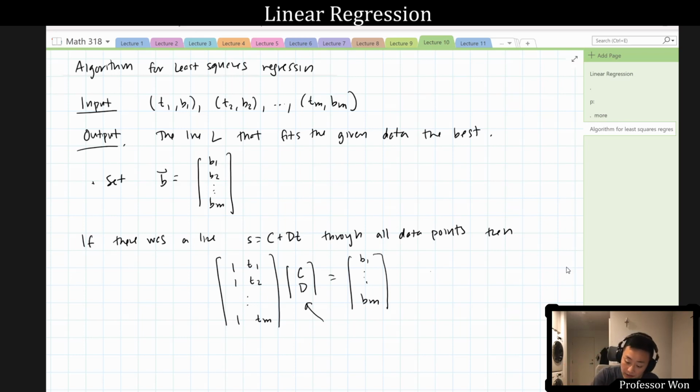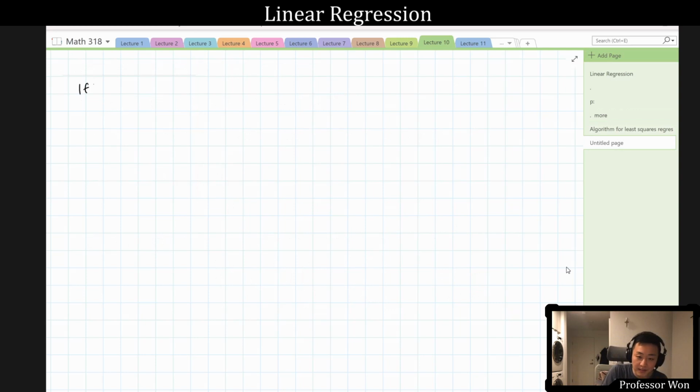Right, so this would have a solution. In other words, this would be a consistent system. And sometimes, I guess that could happen if you have very few points, say. But even if it was, if you projected, it wouldn't do any harm. But if the system is not consistent,